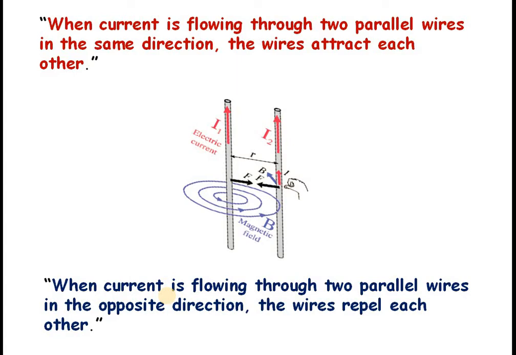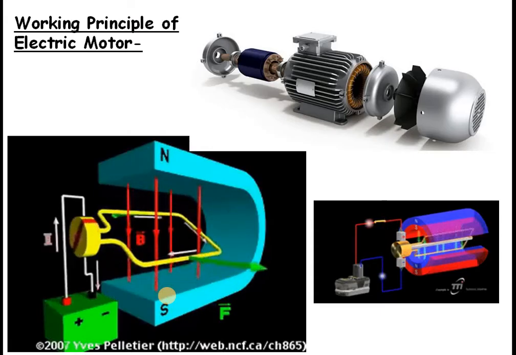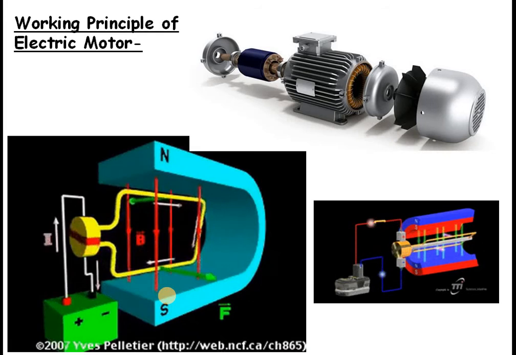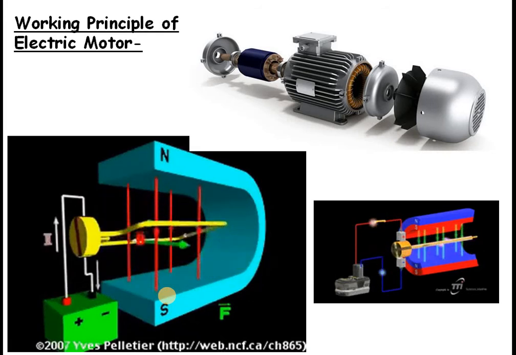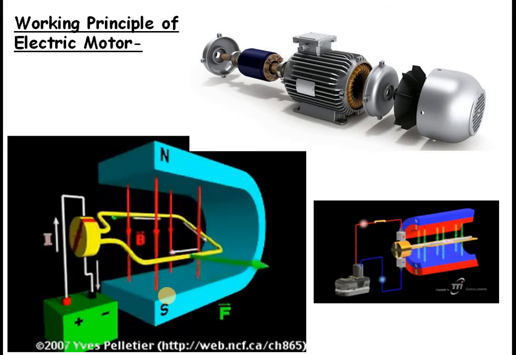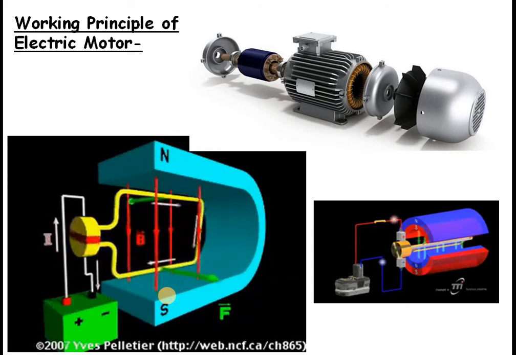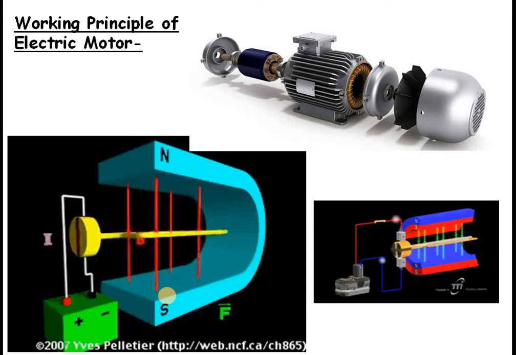When there are currents in the identical direction, they will attract, and when there are currents in the opposite direction, they will repel. Okay, the vice versa phenomenon is very clear from this particular derivation. So this is one of the important principles in magnetostatics, and as you may know, we have seen that wires experience forces, especially when they carry current.